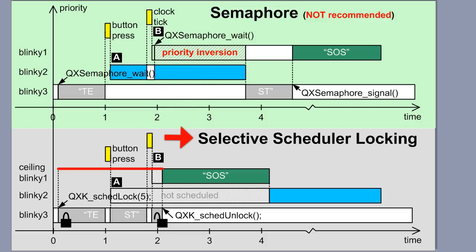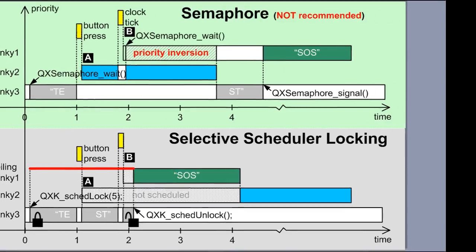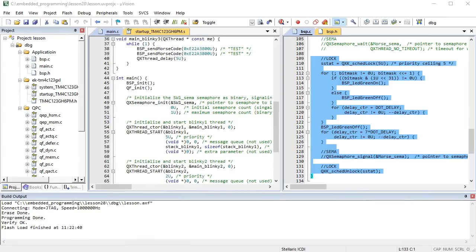In contrast, in the case of scheduler locking, the Blinky2 thread was not scheduled at time A because the priority of Blinky2 was below the priority ceiling. At the later time B, the Blinky1 thread wasn't scheduled either because it too was not above the ceiling. Only after Blinky3 finished, it released the lock and the scheduler picked the highest priority thread ready to run, which happened to be Blinky1. In summary, selective scheduler locking is a very effective non-blocking mutual exclusion mechanism which prevents unbounded